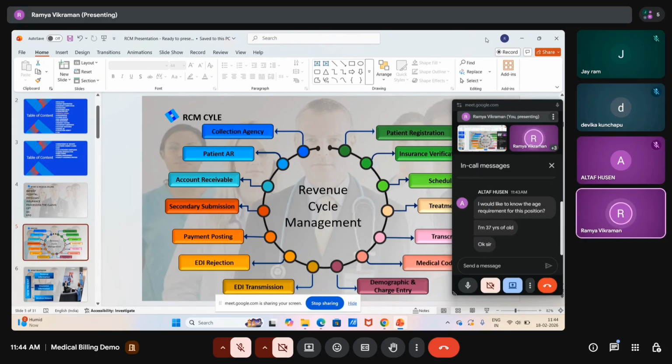Once you have ample experience and have learned this entire thing, it's all up to you. You can earn as much as you want, but I'll ensure that stability is also predominant. If you stick in one company, your growth in terms of salary will be less. But when you are in a position like team leader or assistant manager, you will definitely get a good salary, a good package.